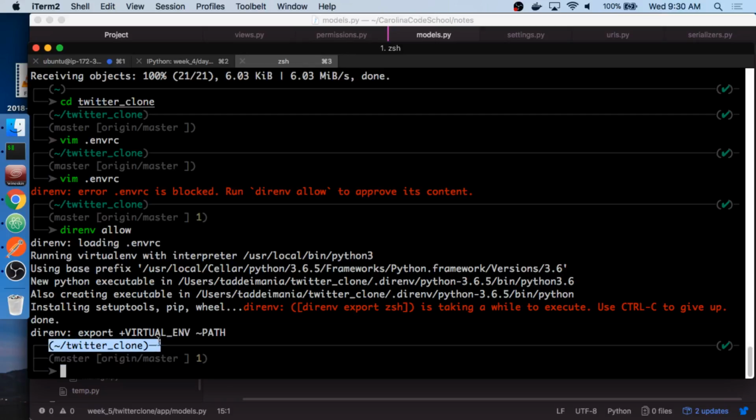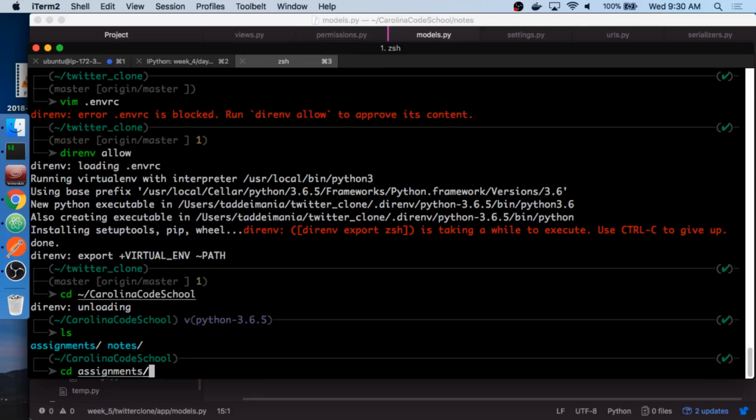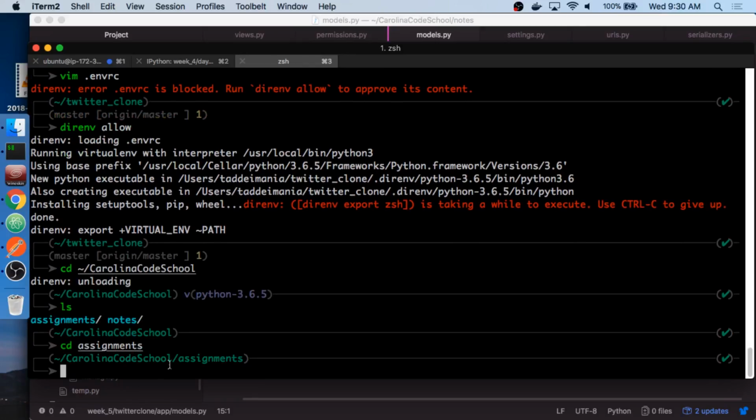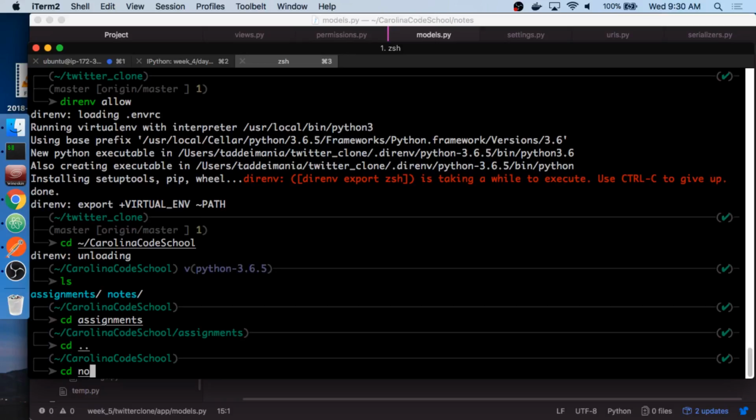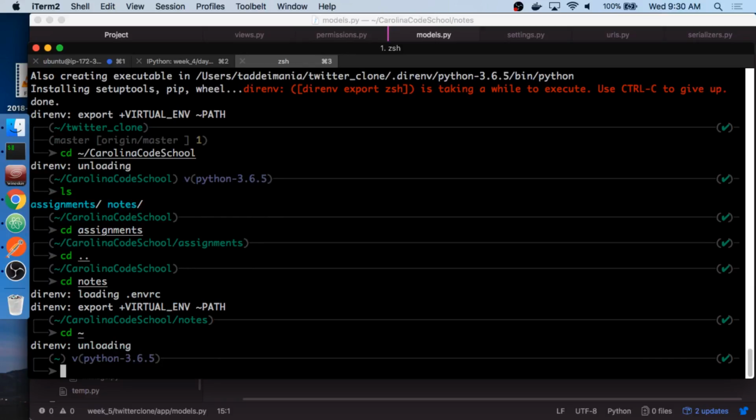I said this really early on that every project has its own virtual environment. I thought you said once we did it, it was going to do that for notes and assignments. So we wouldn't have. See, I said that for notes, but I didn't say that for assignments. Notice how I don't have anything going on in assignments here, but it's fine for it to be in notes because that's just, we can have that in there. But it's all right. If that's what it is, that's what it is.